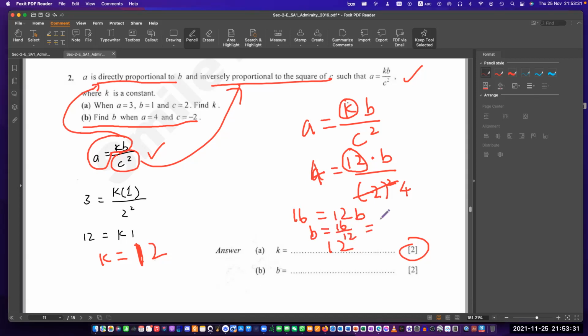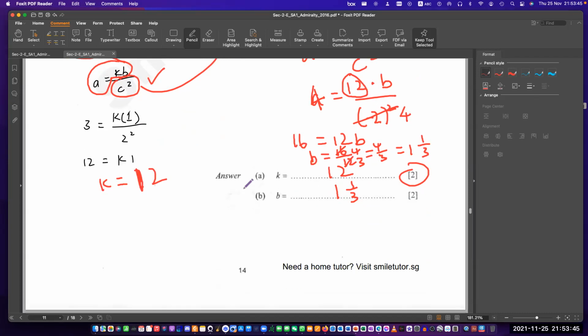So B is equal to 16 over 12. So if you use your calculator, you divide by 4, you get 4, divide by 4, you get 3. So it's 4 over 3, you simplify 1 1/3. That's how you get your B. Are you clear? Okay. All right, so pretty easy. Next,